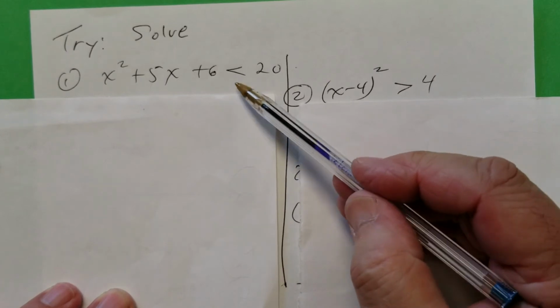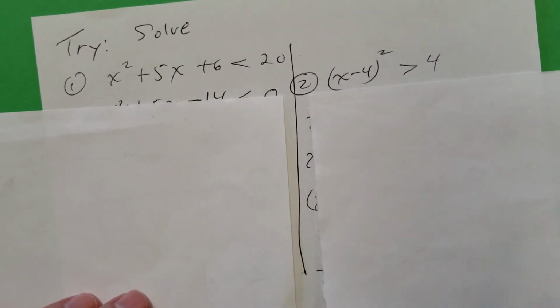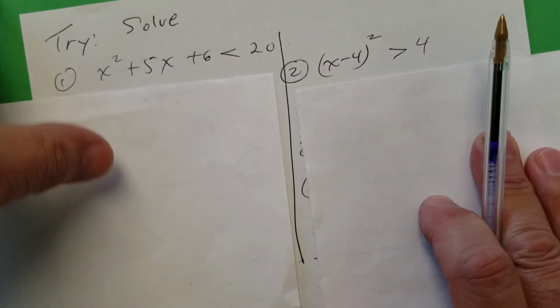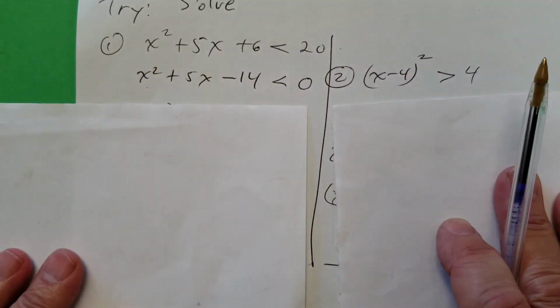This is not a rational expression, so you don't have to worry about the asymptotes. You just have to worry about the zeros, right? So let's get the zeros. Let me straighten this out. Let's get the zeros. So first thing you do